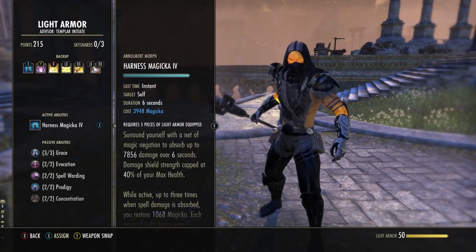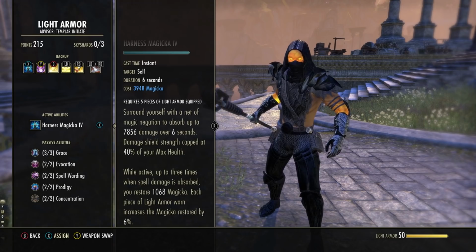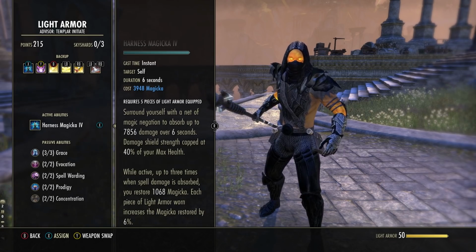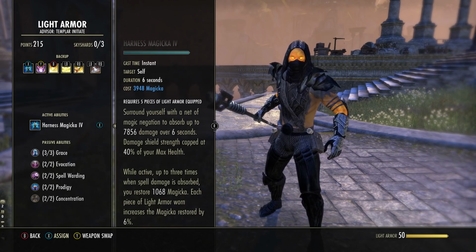Now, this will also absorb magic abilities. So as long as the shield lasts, you can take up to 3 hits with this, and each hit will give you Magicka back. 1k Magicka, in fact, per hit, as long as the shield lasts. This is obviously improved by the amount of light armor pieces you wear, but for this particular build,